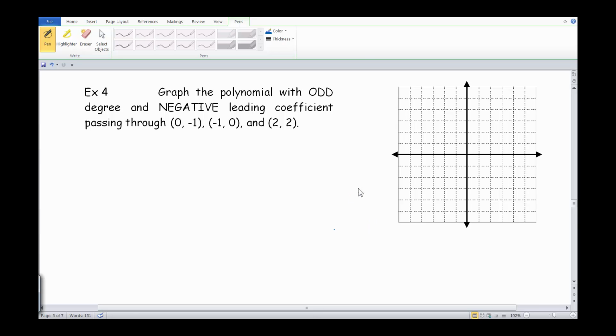We have 0, negative 1. So 0, negative 1 is right here. Negative 1, 0. And 2, 2. Now, we have to basically connect these 3 points using a polynomial with an odd degree and a negative leading